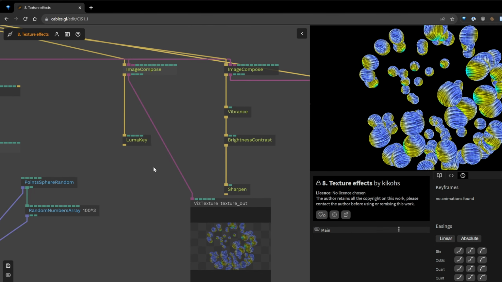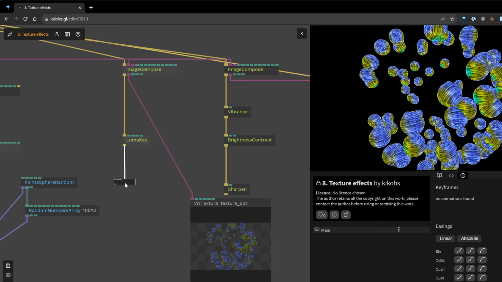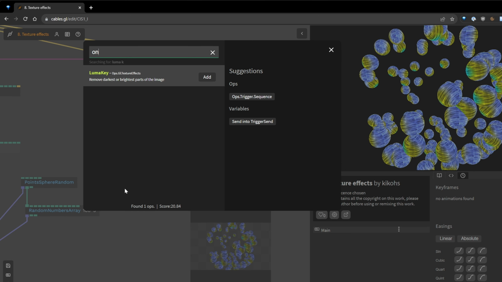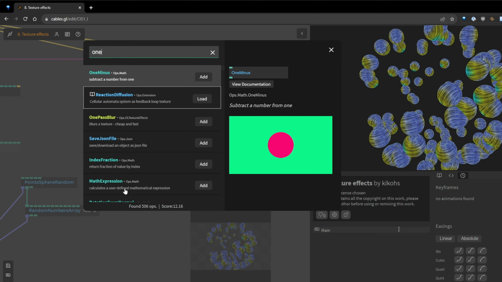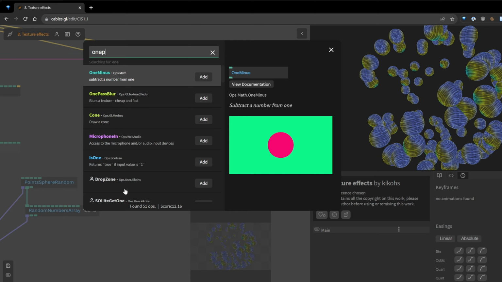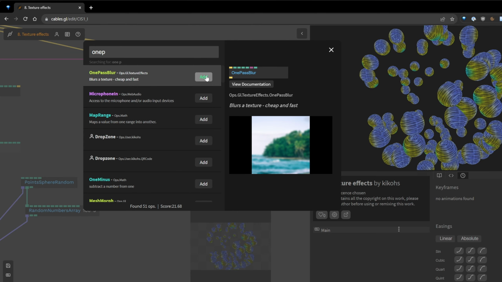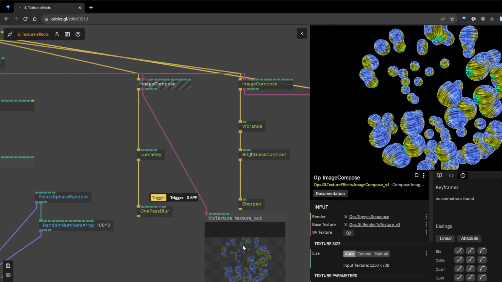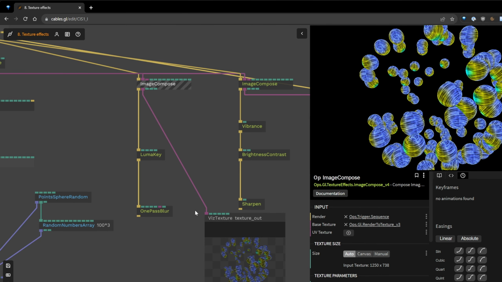What we need, as I said before, to make a glow is to make a blur. The blur is very expensive though, so you have to be careful with this. There is a new op called one pass blur, which is actually pretty cool because it's very efficient. It's cheap. Imagine here, we have to render the whole image, then blur this image, and then add